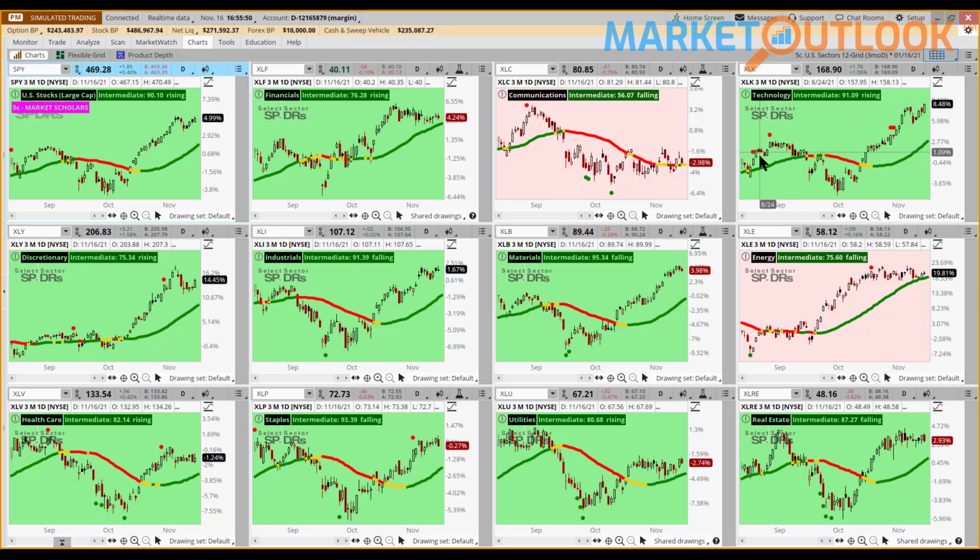Technology also had a very strong day, partially perhaps due to the strength in semiconductors that I mentioned before with Qualcomm. You can see technology was up 1.05% today. In terms of downside movers today, we did see that communications, that I mentioned before, was the